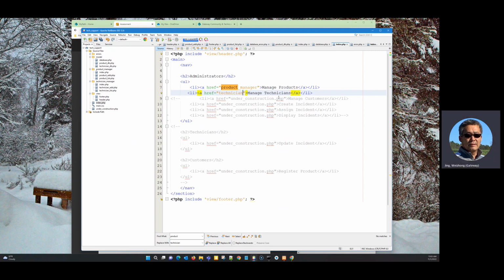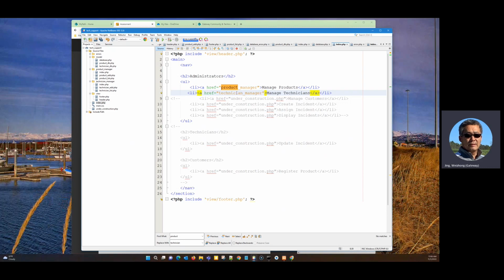Technician. Go to that folder. By default, it will call the index.php. Remember that, right? Technician. You need to check technician manager. So you have to understand, if you specify href equals to a folder name, then by default,